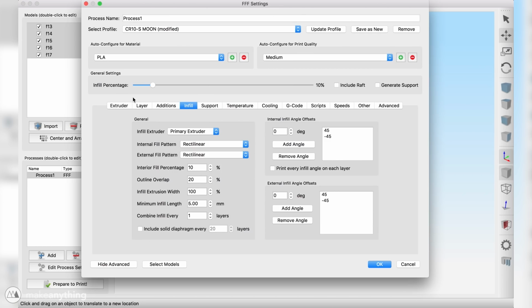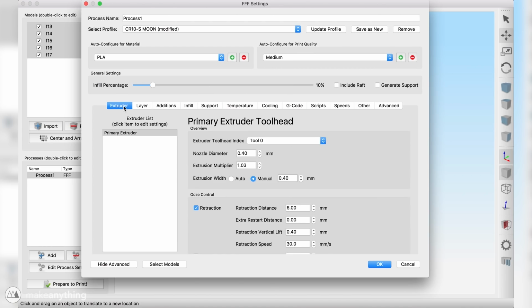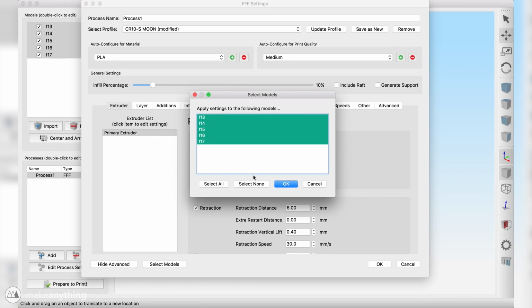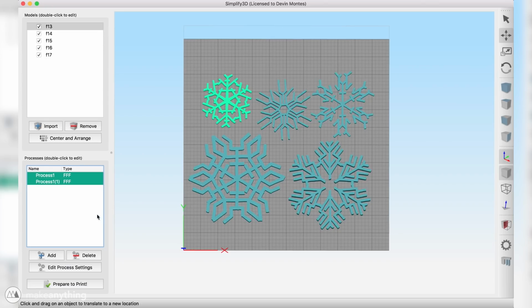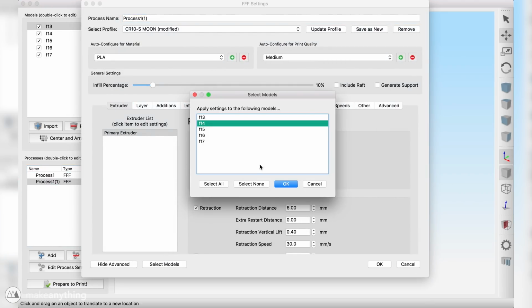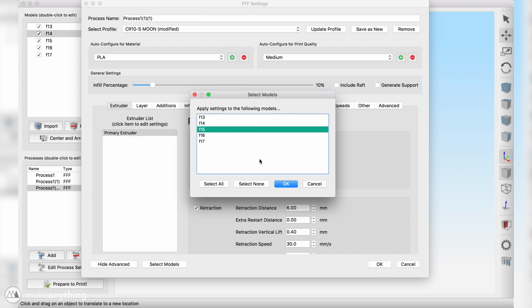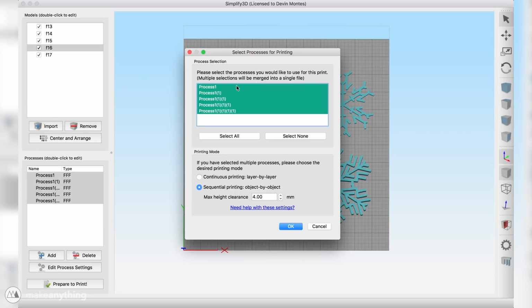So now Simplify 3D will basically cut off all the models at 2mm layer height and act as if that's the entire part. My other settings are pretty standard, but I will make it so that each process is only assigned to one snowflake. So I'll just keep duplicating this same process, but I'm going to apply each one to another single snowflake. That way when I prepare this to print, I can use the sequential printing option, which makes